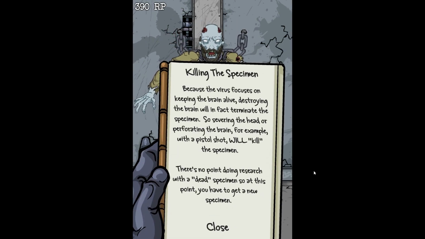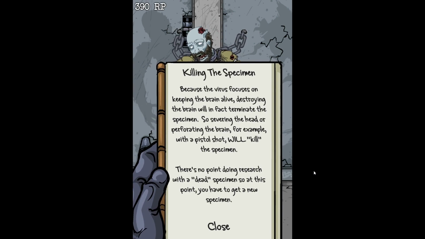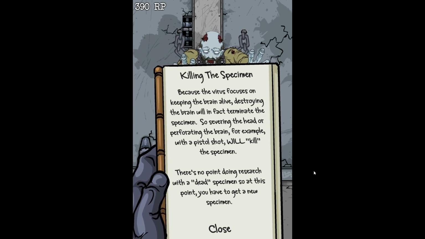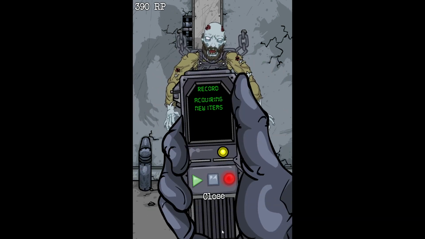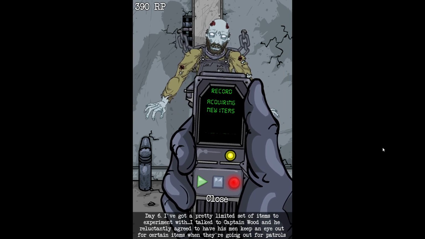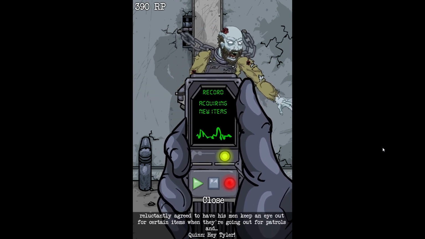Killing the specimen. Because the virus focuses on keeping the brain alive, destroying the brain will in fact terminate the specimen. So severing the head or perforating the brain, for example with a pistol shot, will kill the specimen. There's no point doing research with a dead specimen, so at this point you have to get a new specimen. Day 6. I've got a pretty limited set of items to experiment with. I talked to Captain Wood, and he reluctantly agreed to have his men keep an eye out for certain items when they're going out for patrols, and...